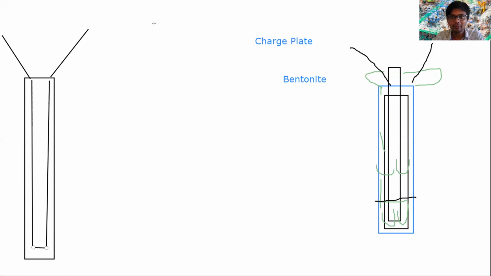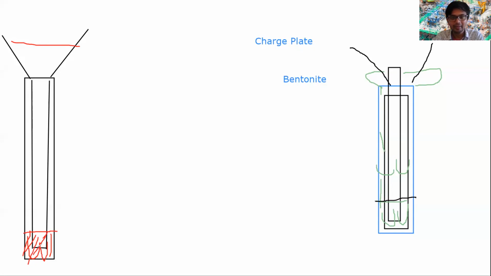So firstly, when the concrete comes out, it will come out like this. We are adding concrete here through this charge plate, and through this pipe the concrete will go and come up like this. So if there is any water or any impurities, it will come out to this, and the concreting will be complete up to this part. So when the concrete is complete up to this part, this is your fresh concrete.